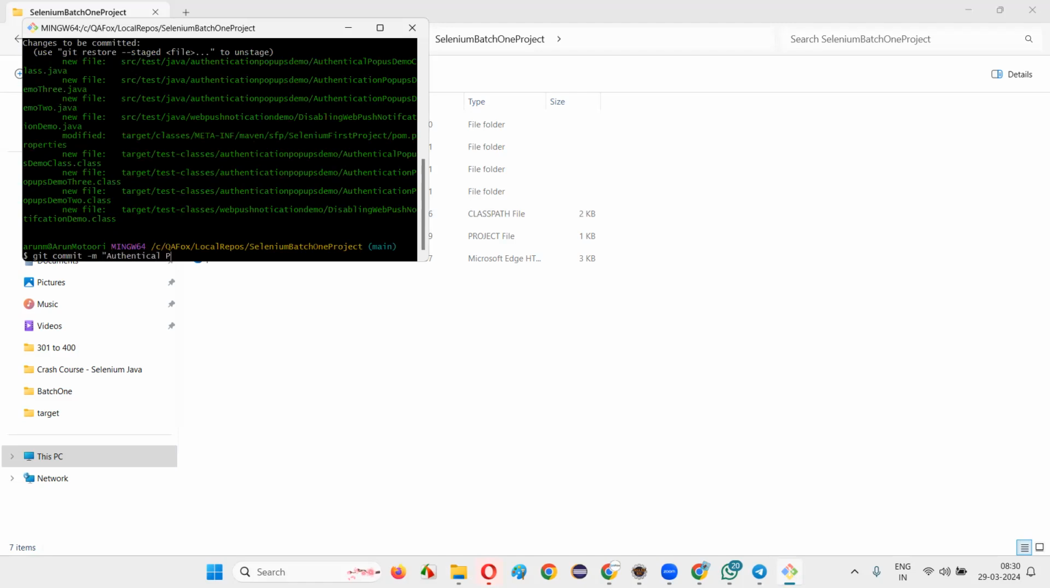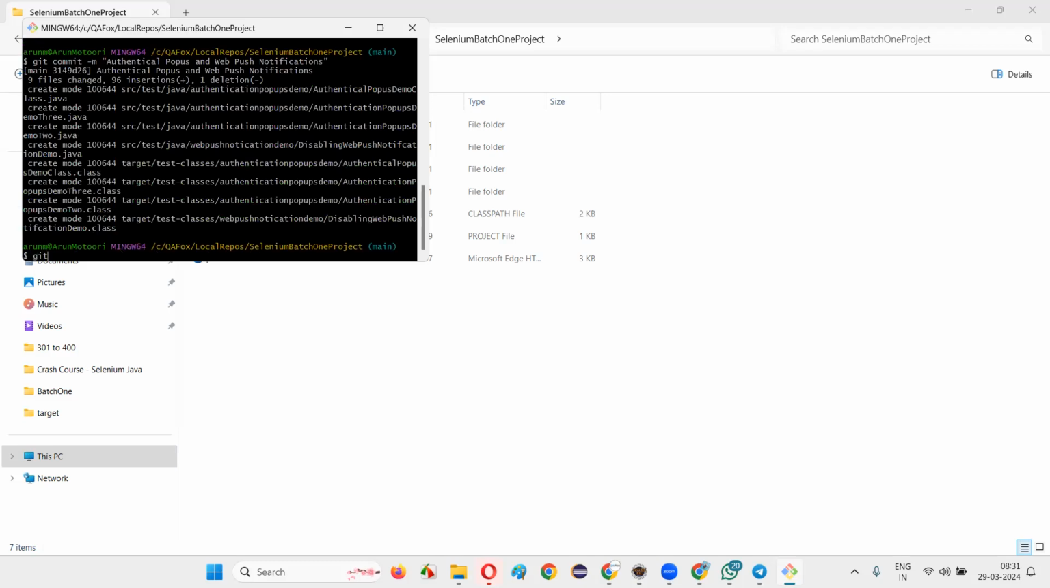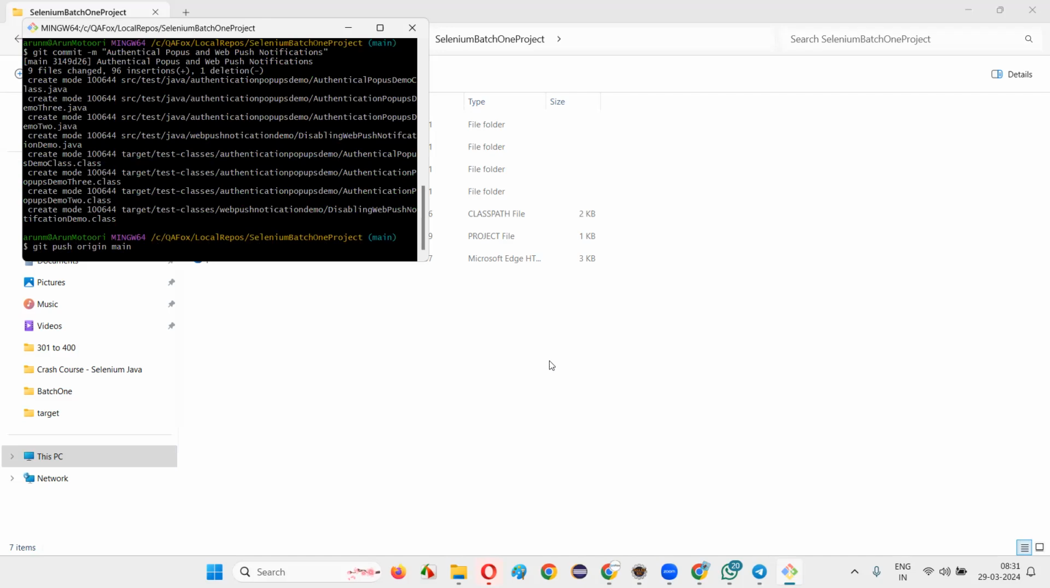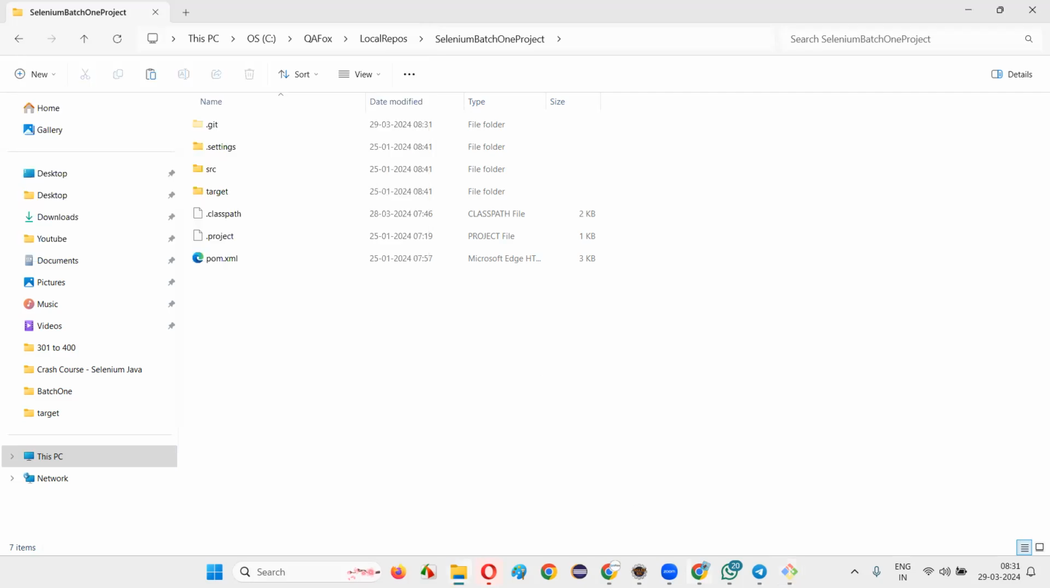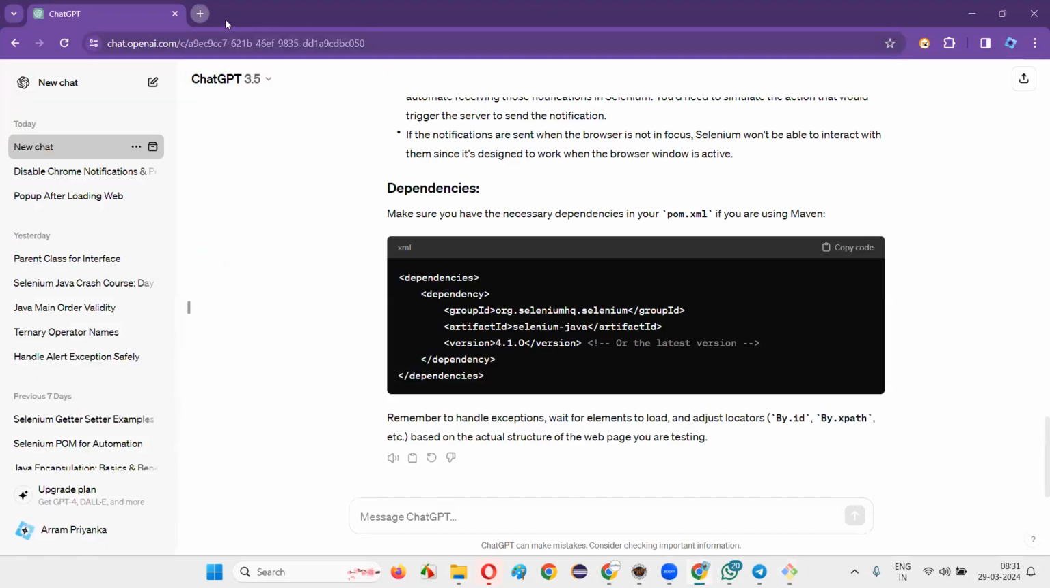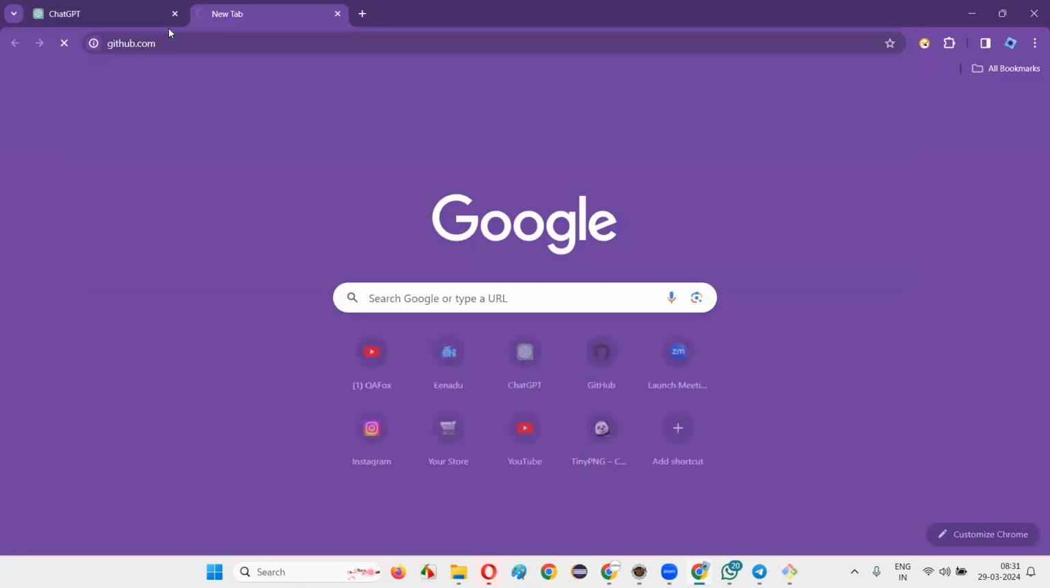Authentication pop-ups and push notifications. Web push notifications. Okay. Done. Then git push origin main. That's it. Done. Completed. Then go here and simply say github.com